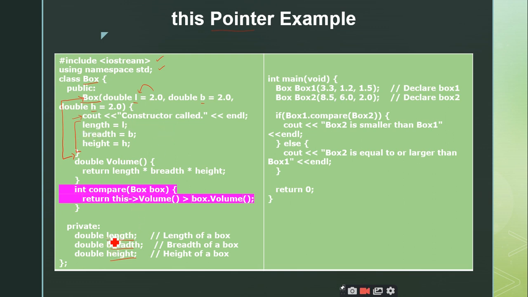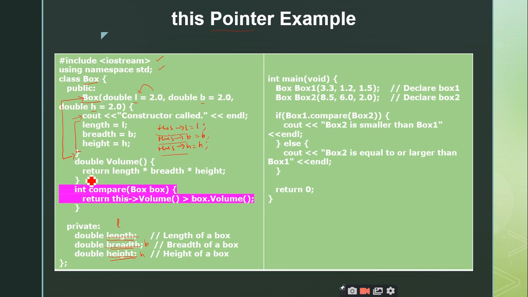For example, if instead of length I have L, instead of breadth I have B, instead of height I have H, in such a case I have to write the statements like this arrow L is equal to L, this arrow B is equal to B, and this arrow H is equal to H, to distinguish the parameter names from the data member names. So the left hand side L, B, H belongs to the length, breadth and height of the current object which is invoking this parameterized constructor, right? Is it clear?